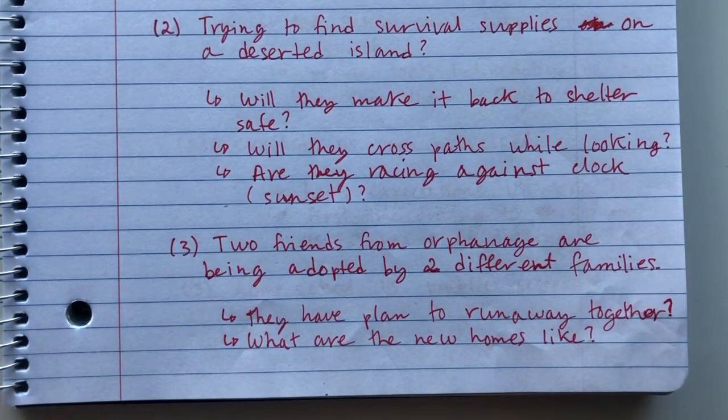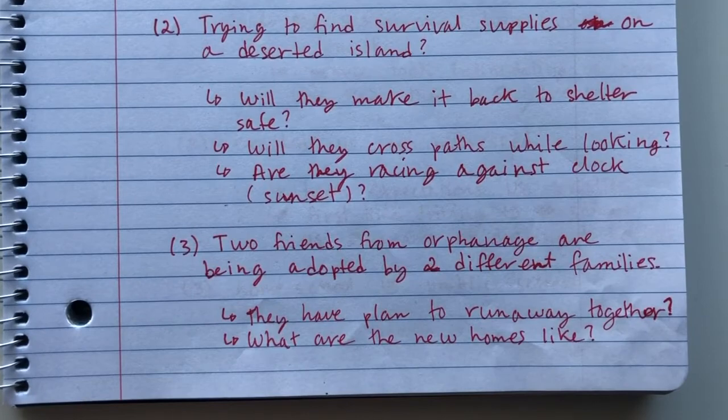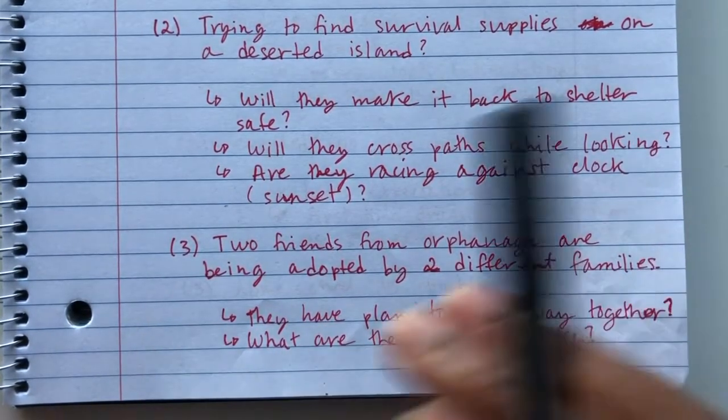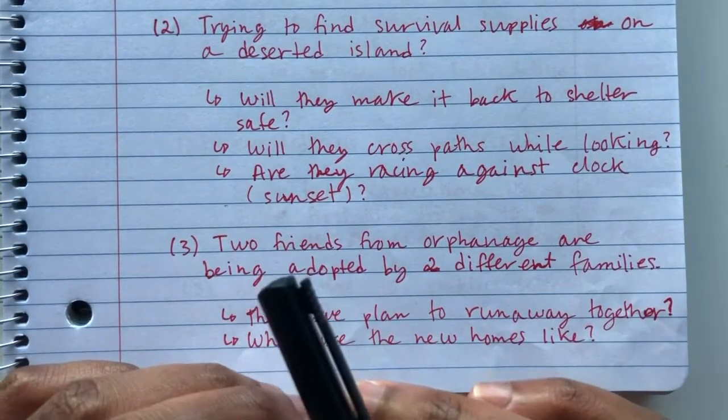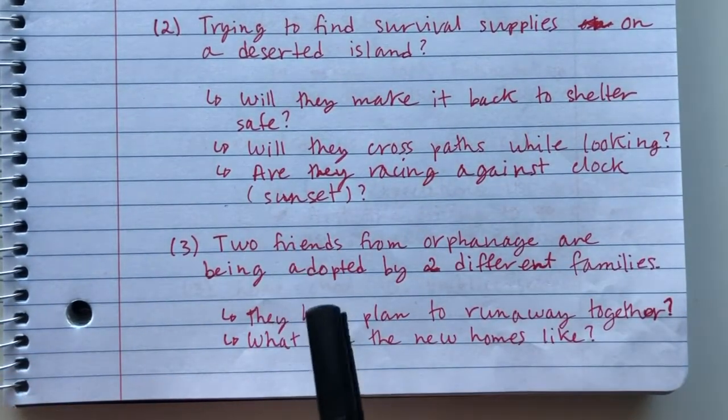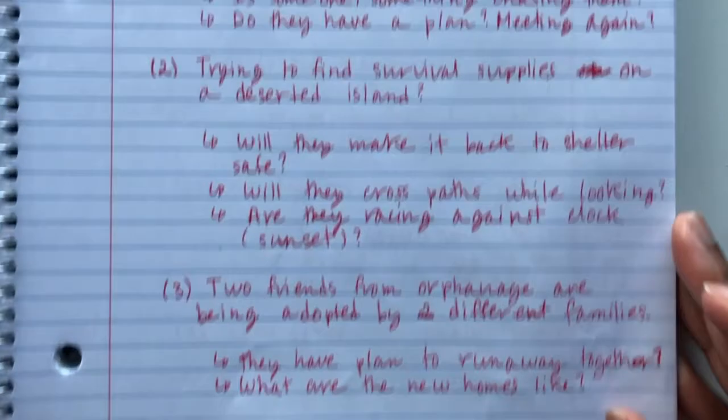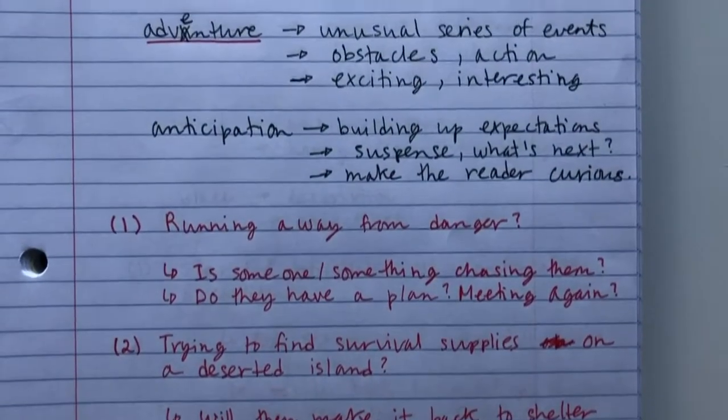how each member of the family is. And the adventure is there, especially if they have to run away together. The adventure is there, because how are you going to go through these obstacles that you must go through to run away? Okay? So there you have it. Those are my 3 ideas for